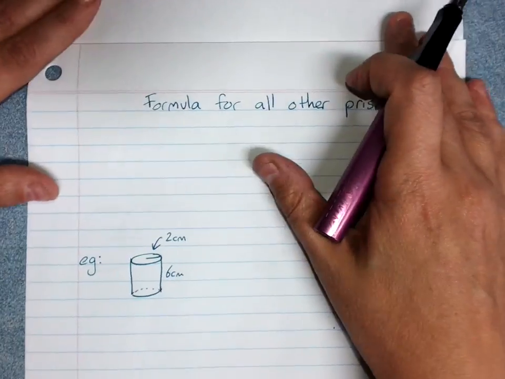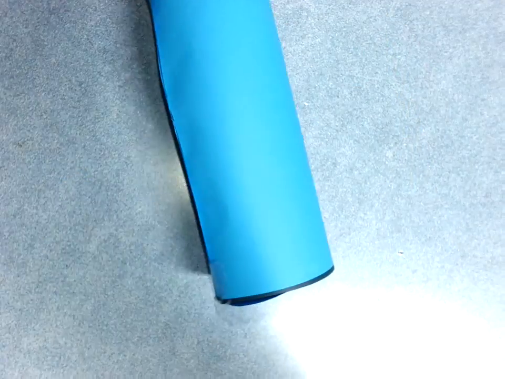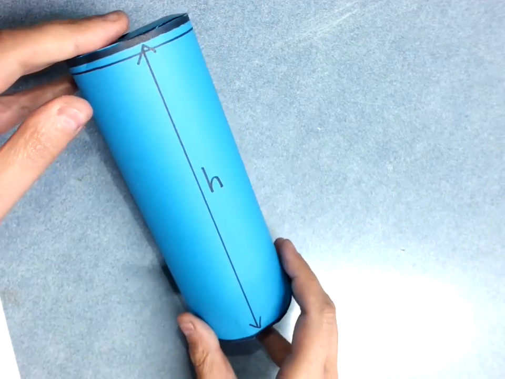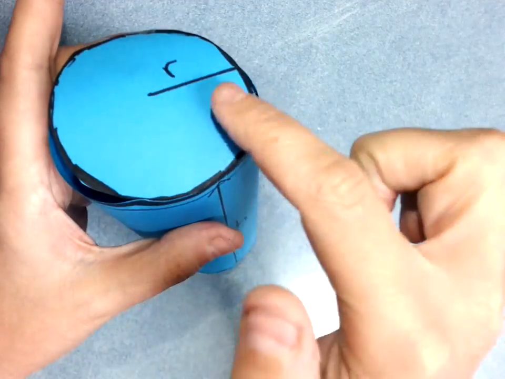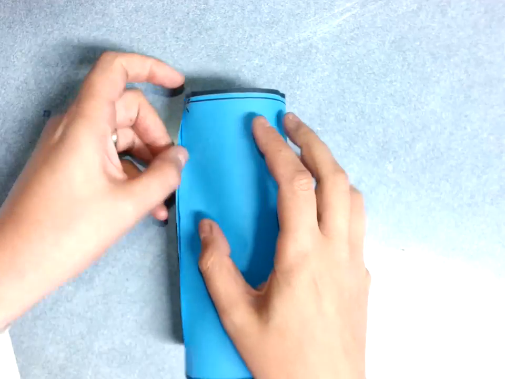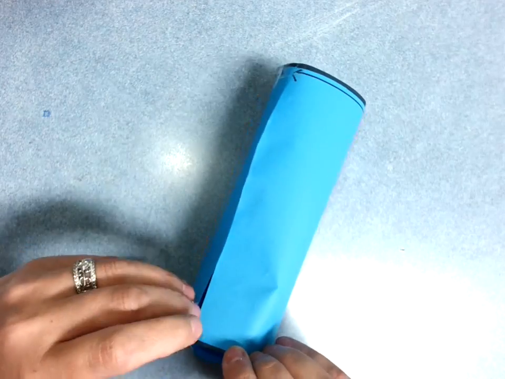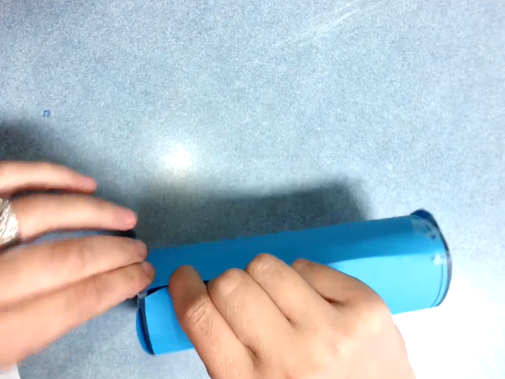Now actually, I'd like to teach you a different sort of formula that works for all other prisms, and it does take a moment of explaining. So bear with me, I'll use a cylinder as an example, and we'll zoom out a bit. So you saw this cylinder. It's got height, height of the cylinder, it's got a circle at either end, there's its radius, and the surface area of this would be, if I carefully took it apart, because I didn't sticky tape it very carefully, and folded it out,